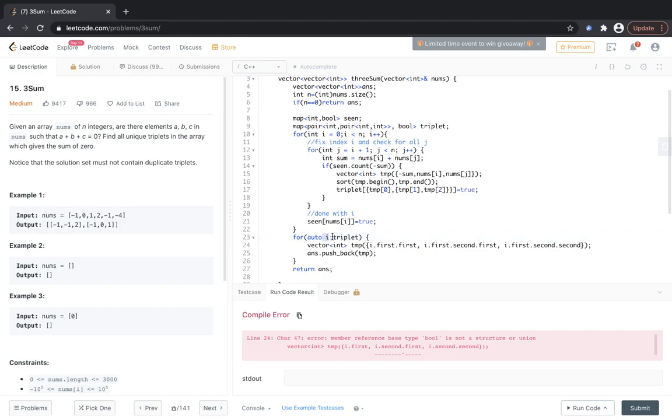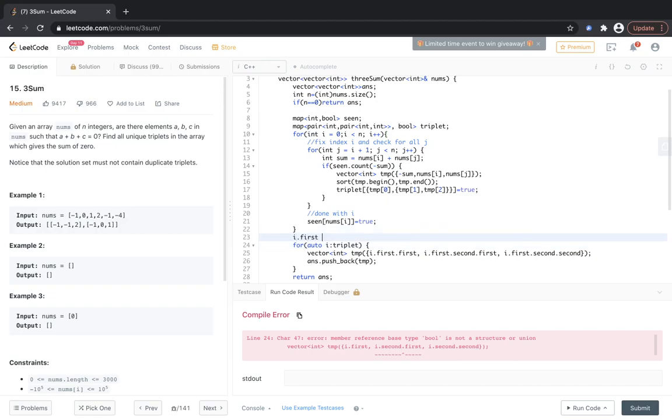So i dot first will be the key and i dot second would be the value, which can be true or false, which will be true only in this case because we are always marking it as true.